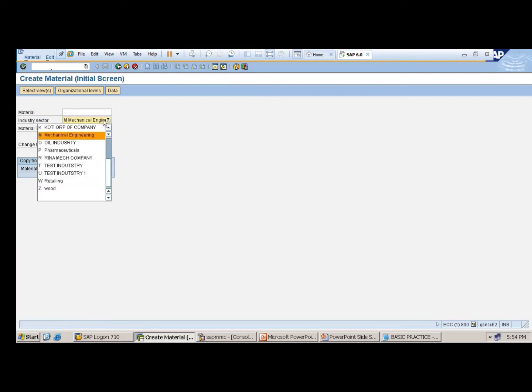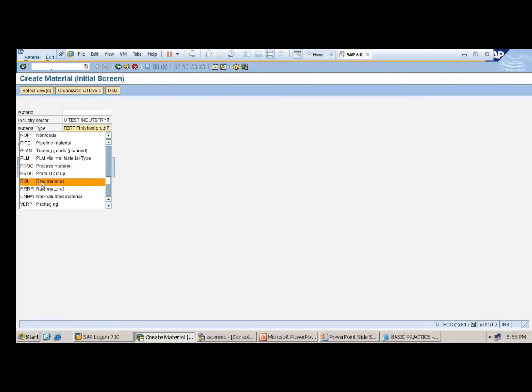Well, I can take this industry, U only. Then here, raw material is there, finished is there, semi-finished is there. But I don't want raw material, finished, semi-finished. I want grinding material, threading material, or some other material type as per my customization. I can take ZROH, I want.